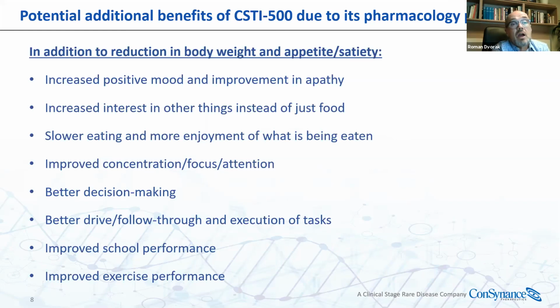And currently, we are planning to initiate phase 2 of this drug, about which we are very excited, in the first half of next year. Thank you very much for